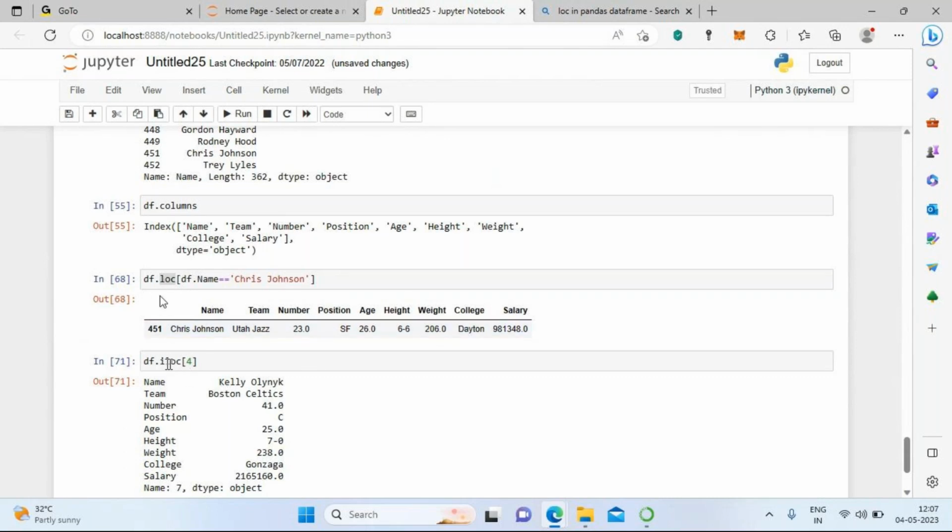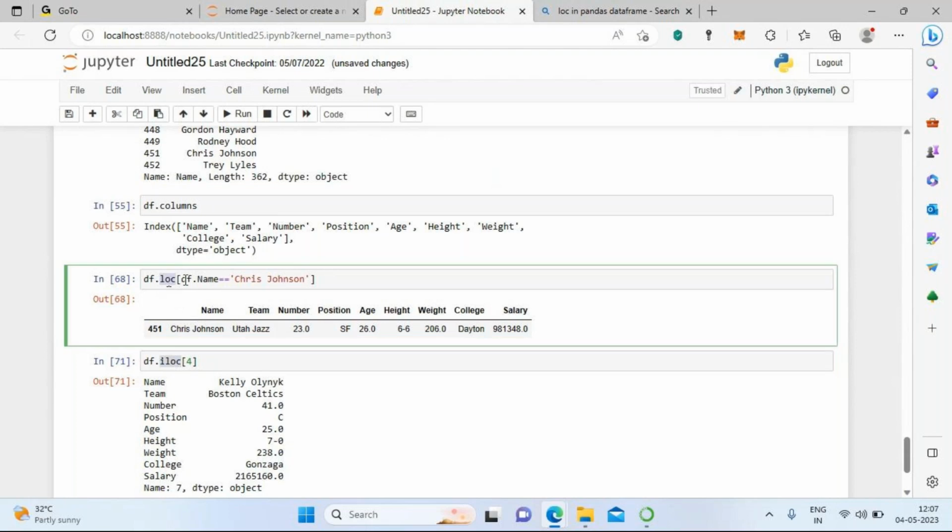Okay, these two things we'll discuss tomorrow. We have so many things in LOC and ILOC. If you want to filter the columns, you can use ILOC, integer location. You can pass a column index. If you want to filter the rows, you have to use LOC, and then you can provide the